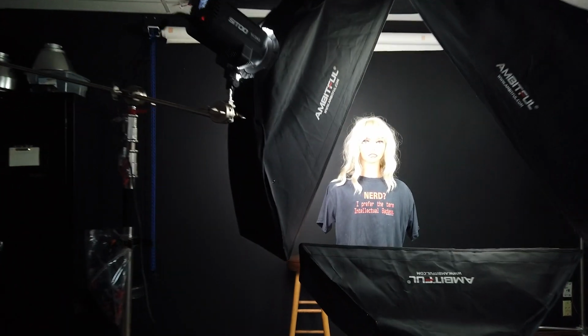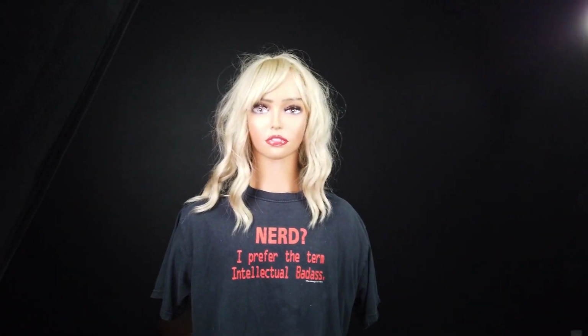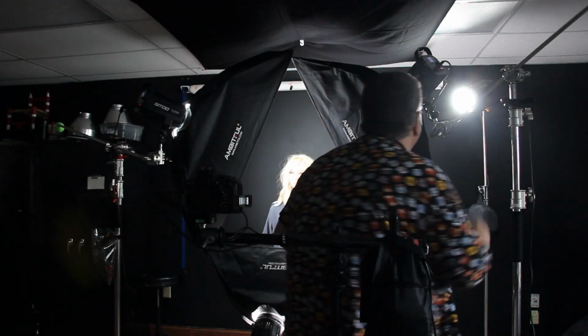So what we want to do with the lighting right now is take a look at our key and our hair lights. So the key is always on the model's right. So we're going to make sure that it's at about 60% right now. Then we're going to take the fill light, which is on the left. We're going to take that down to about 30%. So if you can see on...